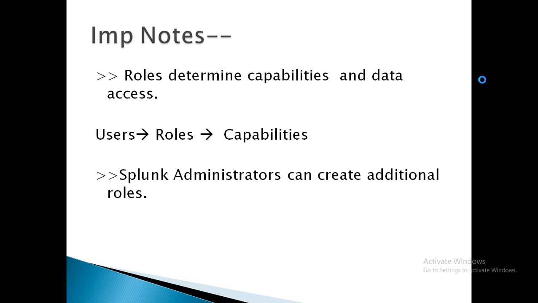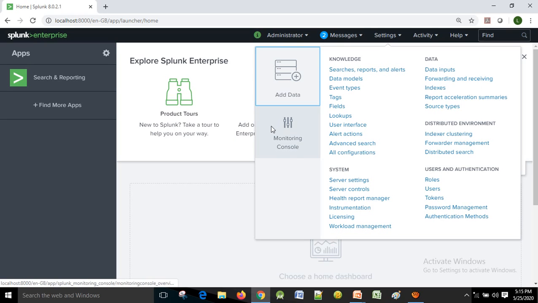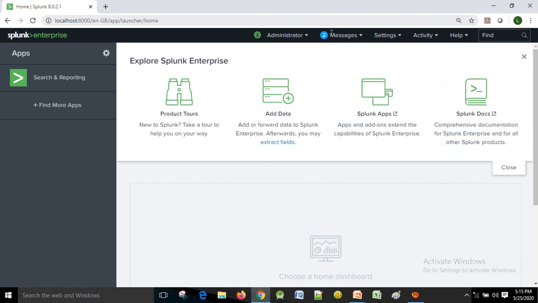I will show you how many capabilities there are in this. Okay, let's create a user role. Let me open it. I log in as an administrator, because only an administrator has the capability to create